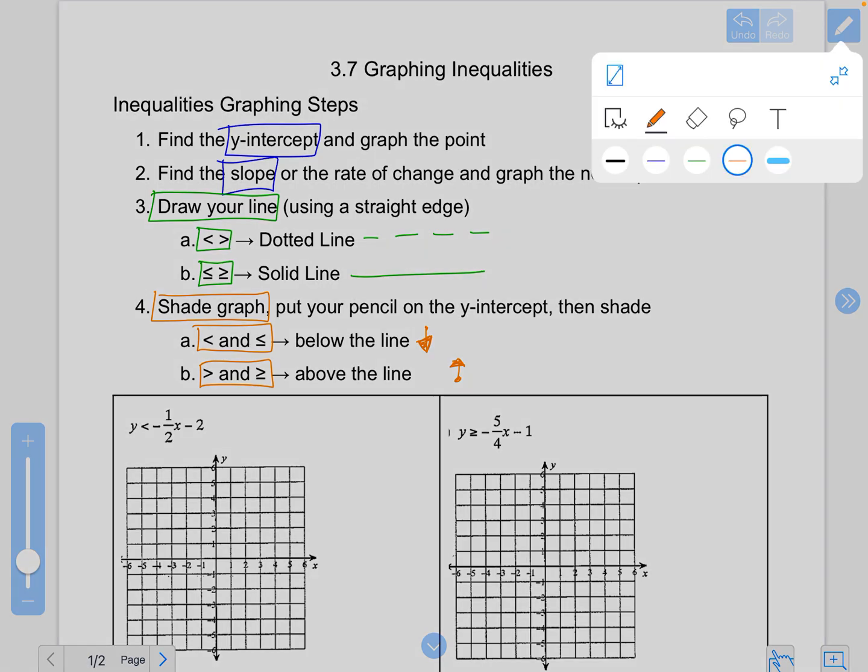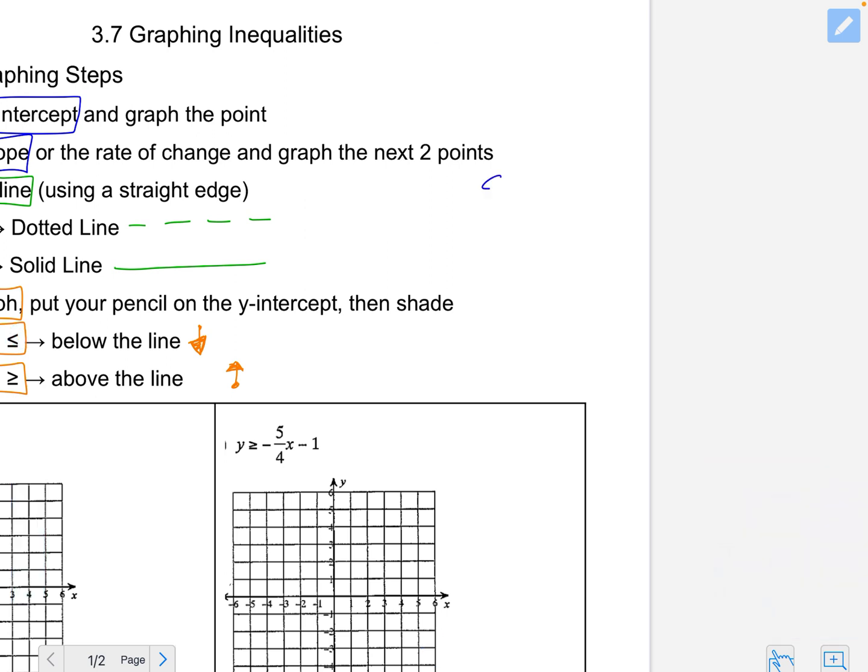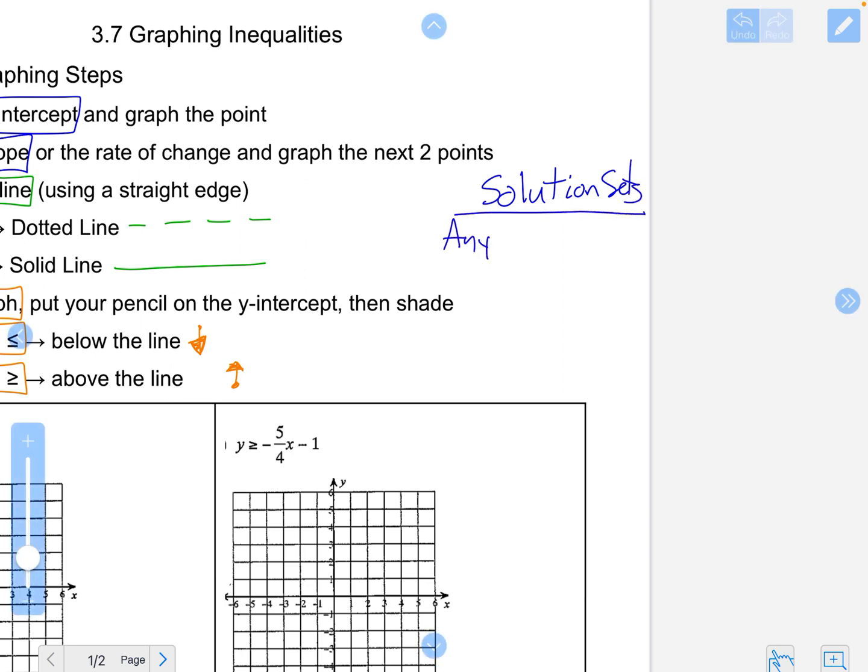The one other thing that I want to remind you of is that when we talk about inequality, we talk about solution sets. So a solution set is any point in the shaded